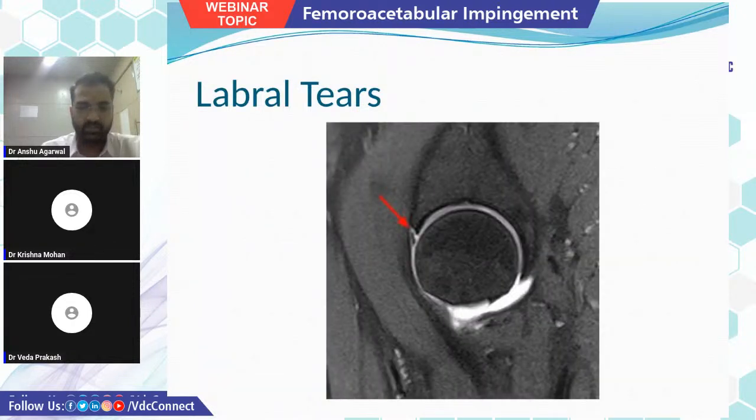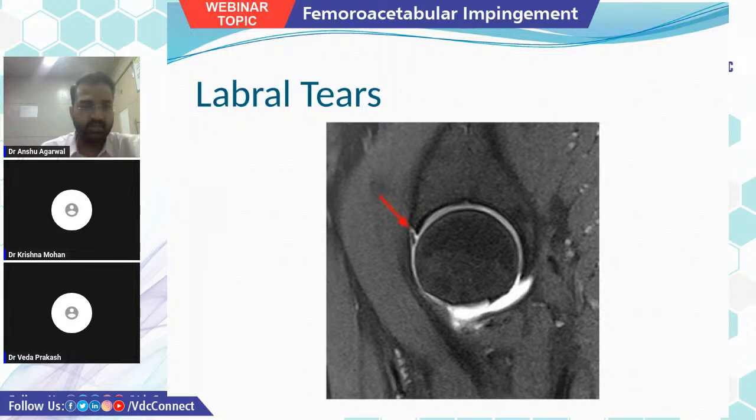Now let's see some examples of the labral tears. Now this is a 57-year-old female with right groin pain for 2 months and no relief after intra-articular steroids, and there was an arthrogram done. We can see the contrast going through the labral cartilage junction representing a tear. You can see the contrast is going through and through the labral cartilage junction, and the labrum is torn with this, and there's loss of that normal triangular pattern of the labrum. The torn part also has irregular margin.